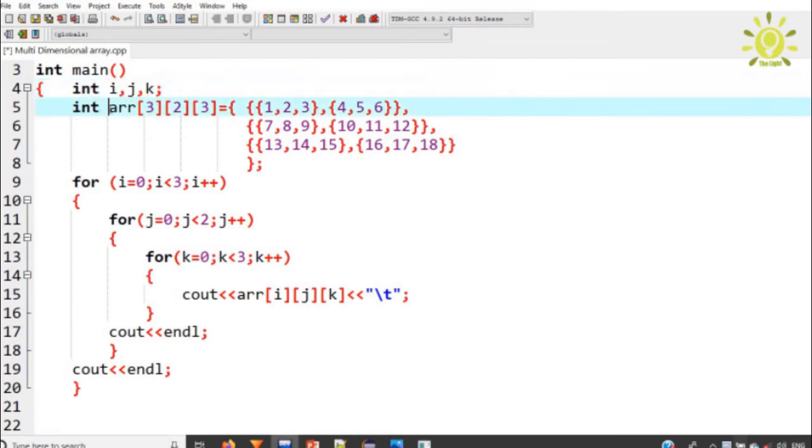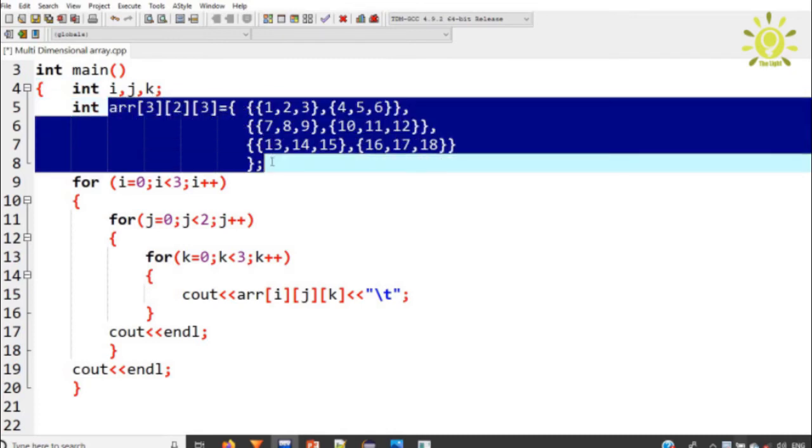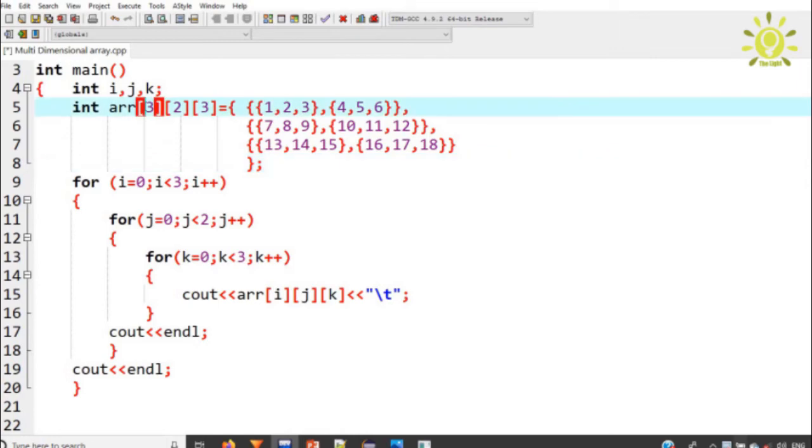And the next one is the initialization of an array. Here the first index represents the dimension, the second one represents rows, and the third one represents columns.